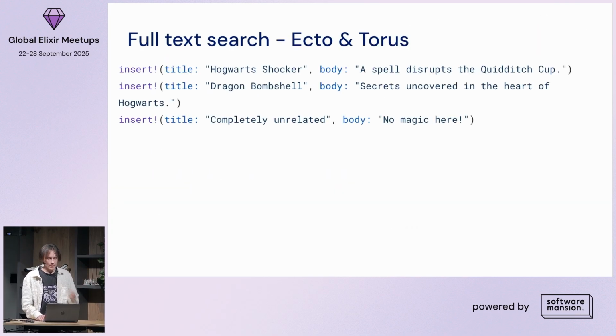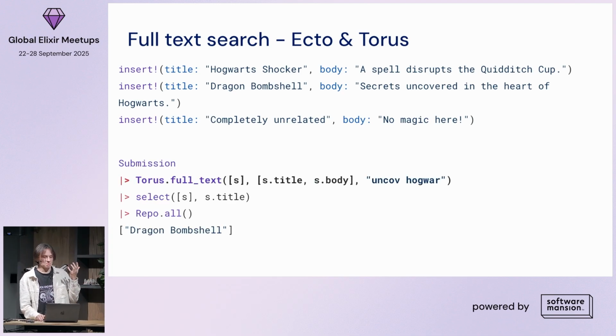And in Torus, implementing full text search is not easy. If any of you have done that, you probably know that this will require maybe bringing the whole module with you, because there are different steps of full text search. What Torus gives you is, again, in a single line of code, you can implement full text search, pass all the columns that you need this full text search to be searched through, and pass the term,